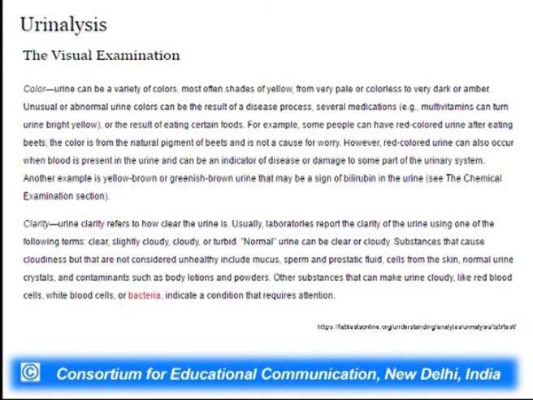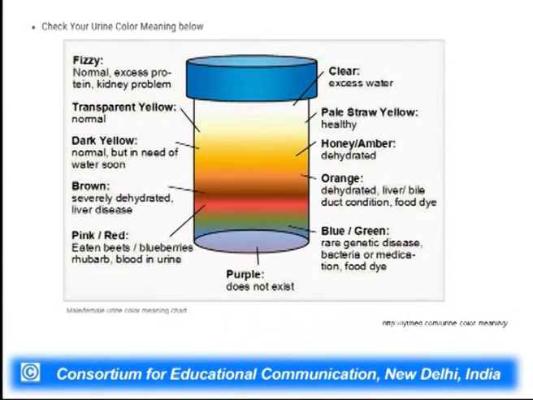In many cases, when the urine becomes turbid or too cloudy, there may be presence of red blood cells, white blood cells, or bacteria. They require attention at that point in time, because proper diagnosis and treatment has to start. Now if we see the color representation of the urine over here, normal urine is generally clear to transparent yellow in color. Dark yellow urine generally shows that the person is having normal metabolic processes but is in need of water soon. So the person is dehydrated.